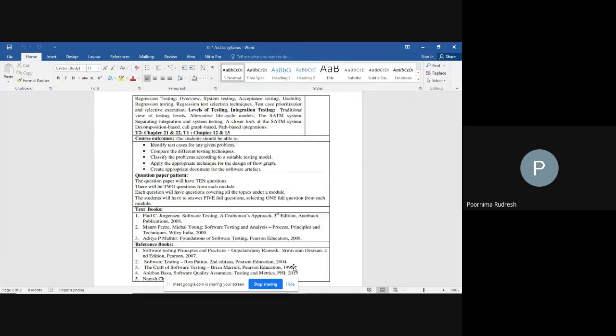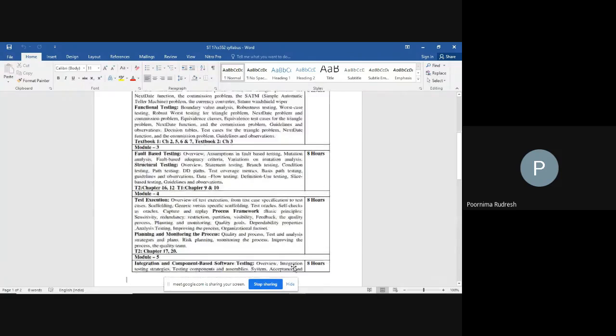That is the fourth chapter of the fourth module, right? So here in the fourth module, you can see the three major topics: test execution, process framework, and planning and monitoring the process. I completed test execution and the process framework. One more topic is there, planning and monitoring the process, that I'm going to complete after the completion of module